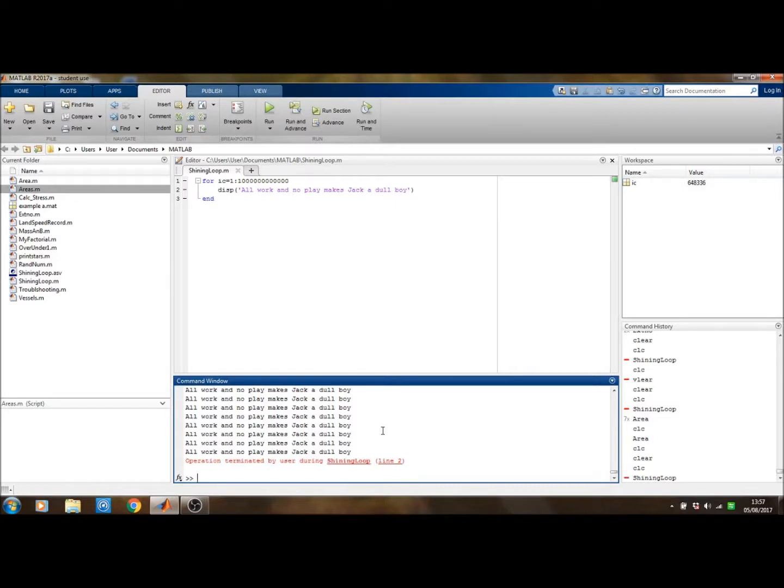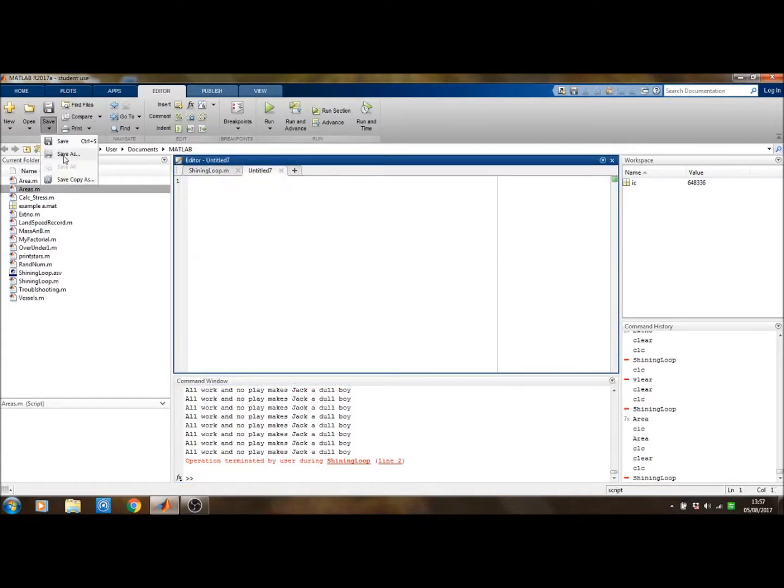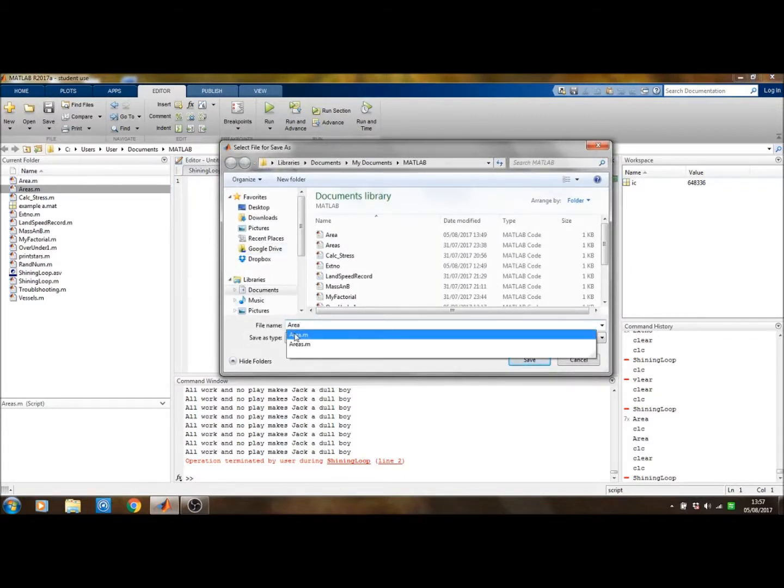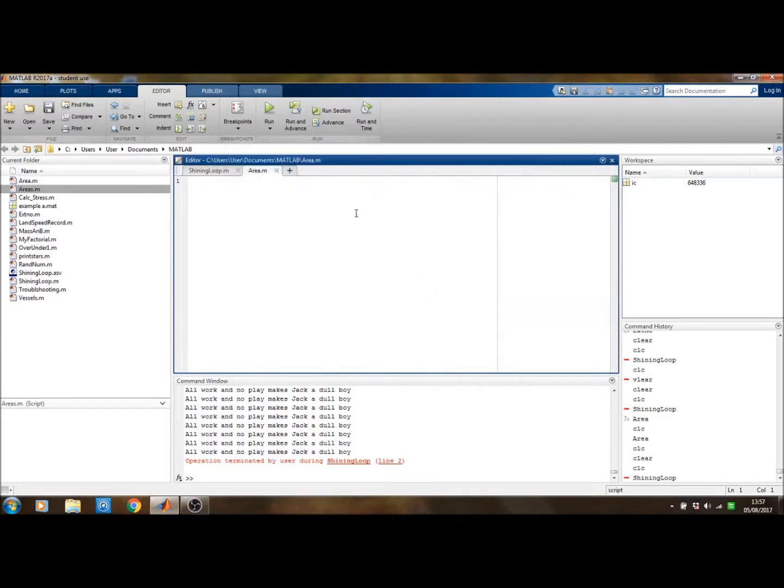So moving on to a more complex example from the handout, we can use this for function to calculate the area of a circle of multiple different radii. For that, we can create a new M file, which is area. I produced this earlier, but we'll start from the beginning to show you. After that, we'll start by simply showing how the M file can be used to produce one set radius. So for that, we type in the following: r for radius is equal to 1, and we want the area to equate to pi times the radius squared, and then at the end we want it to display the area. Make sure it's the correct case though, otherwise it won't run. So if we save that and we run it,